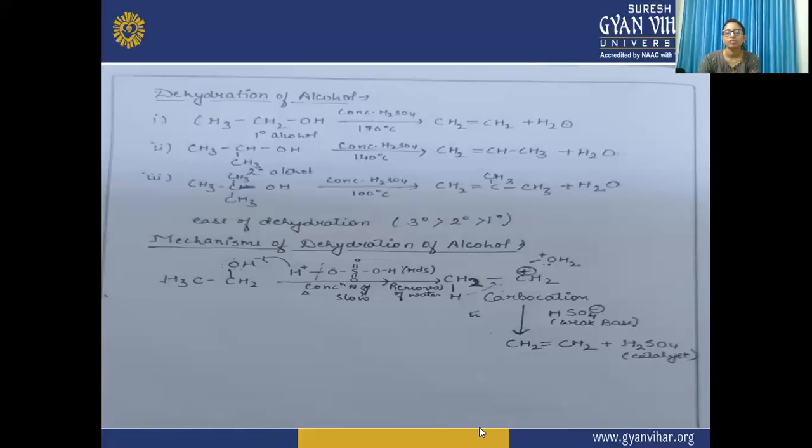The mechanism of dehydration of alcohol. It is a 2-step process. The OH reacts with the catalyst, H2SO4. This proton reacts with the OH and there is a formation of a water molecule, and the water is removed. After that, there is a formation of carbocation; the carbon that contains the positive charge is known as a carbocation. After that, a weak base reacts with this hydrogen, this bond breaks, and there is a formation of a pi bond. So alkene is formed, and H2SO4, which is acting as a catalyst, is regenerated and removed from the reaction.